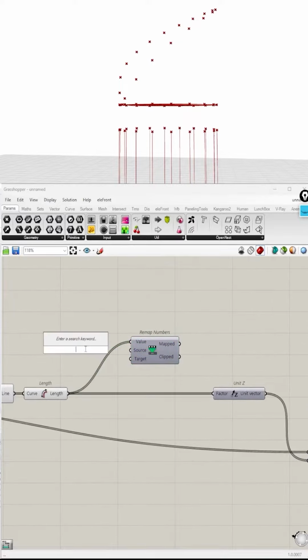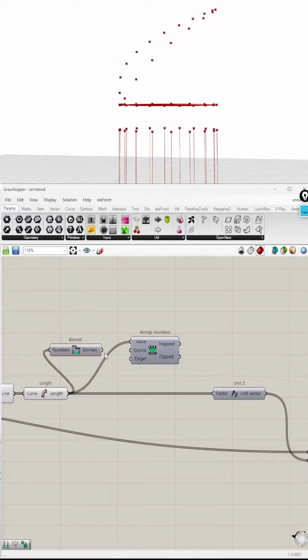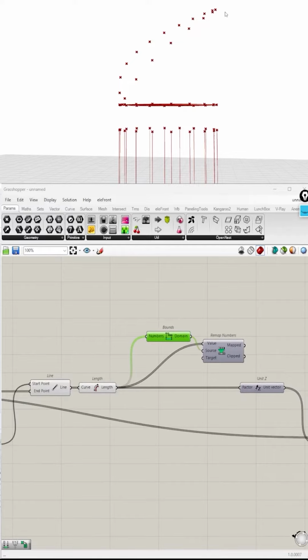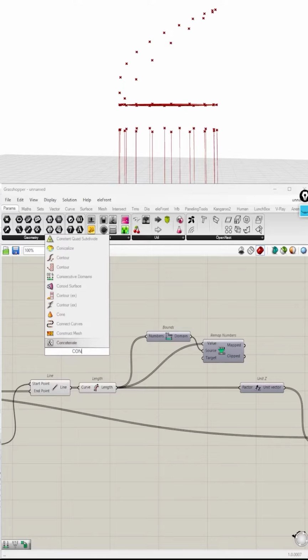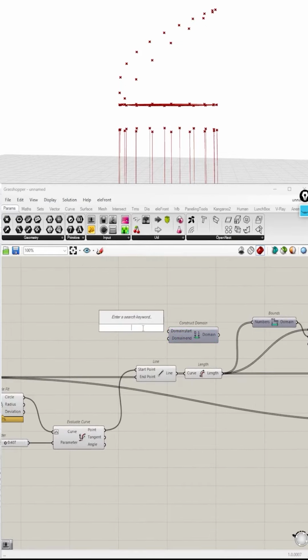then we need two more components, bounds. This gives you the largest and smallest number, and target is going to be the minimum and maximum number. So let's go here to construct domain. Let's start and end. Let's go